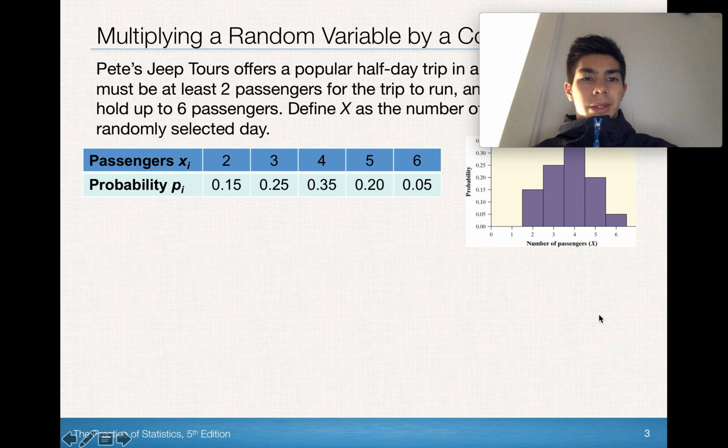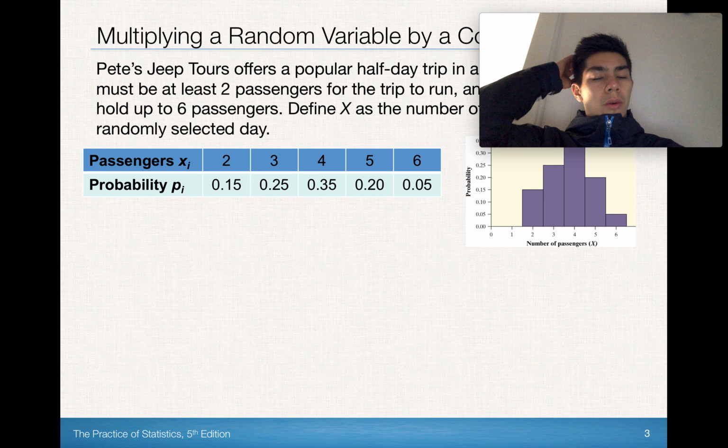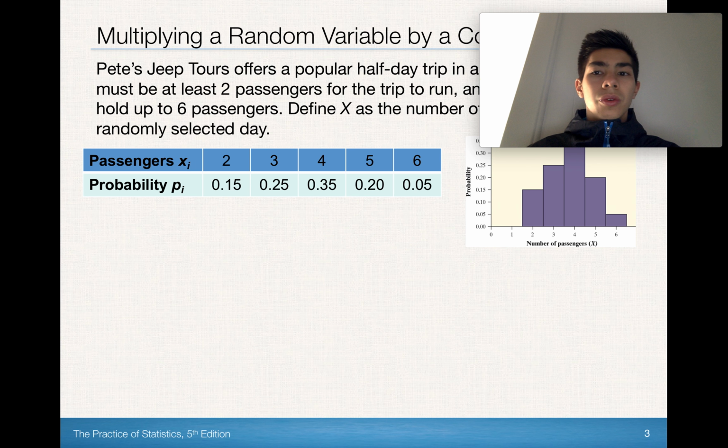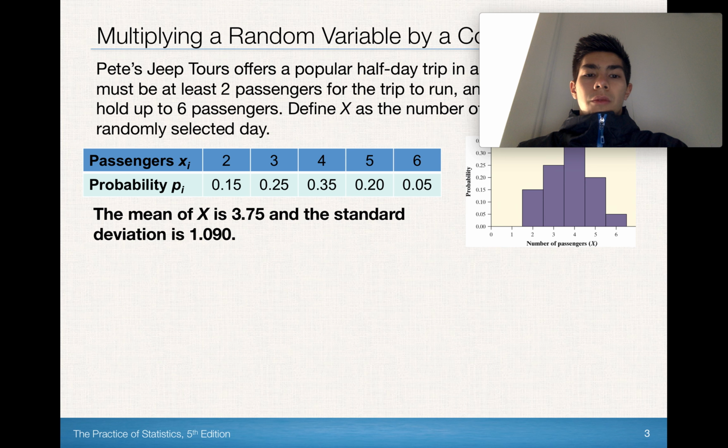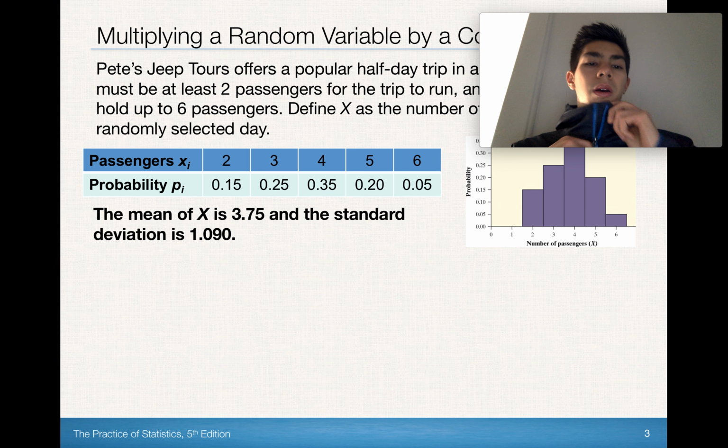We have our X values, so since there has to be more than 2, we start with 2 and we count up by ones because we cannot divide people up into half people. In that case, this makes X a discrete random variable. So the possible outcomes are having 2, 3, 4, 5, or 6 passengers. And listed below that are our probabilities for each of those outcomes. If we apply what we learned in section 6.1, we find that the mean or expected value of X is 3.75, and the standard deviation of X is